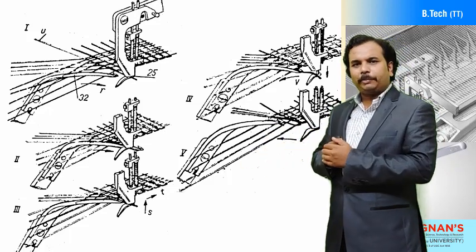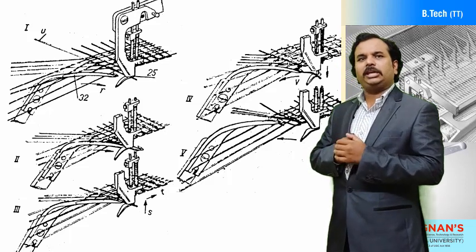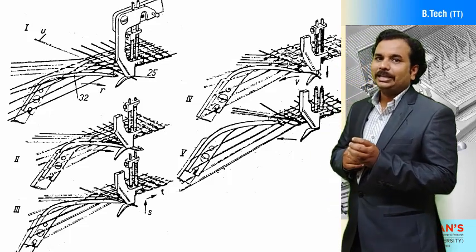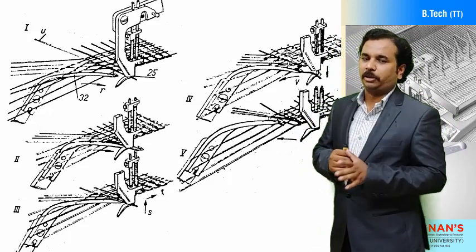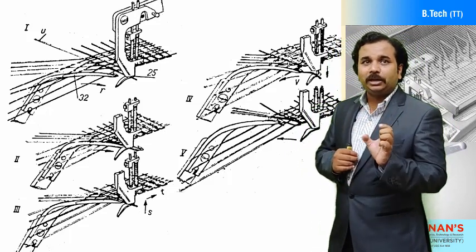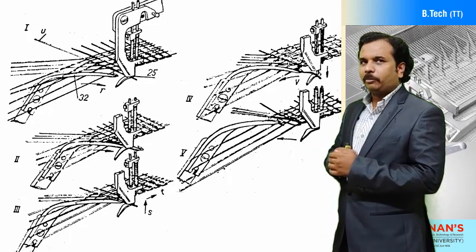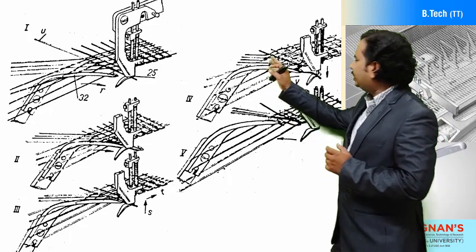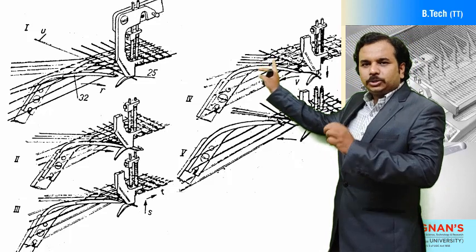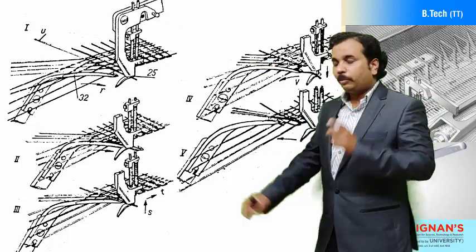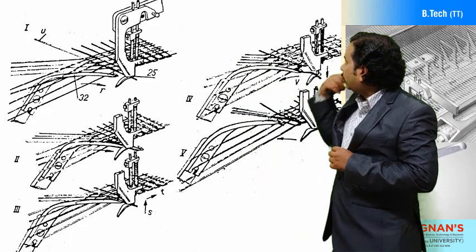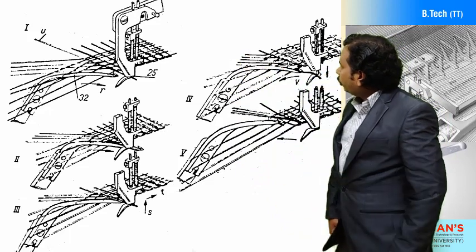Okay. Now what will happen? With the help of the tucking-in mechanism, there is a selvage that is tucked in. Now there is a tucking-in pin. You can observe in figure number 1, number 32, that is called the tucked-in pin. Now what will happen after the weft yarn is held by the weft thread holder?